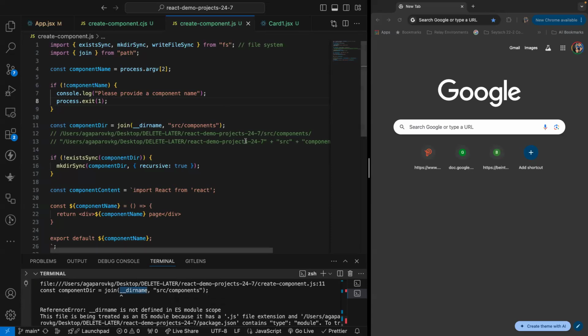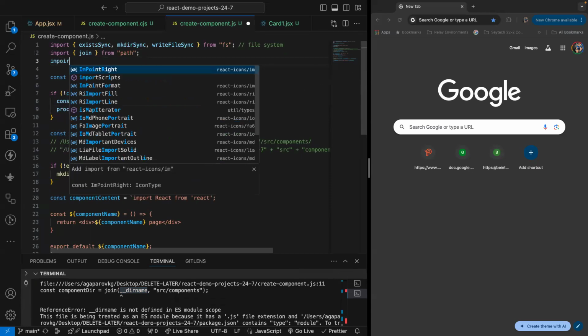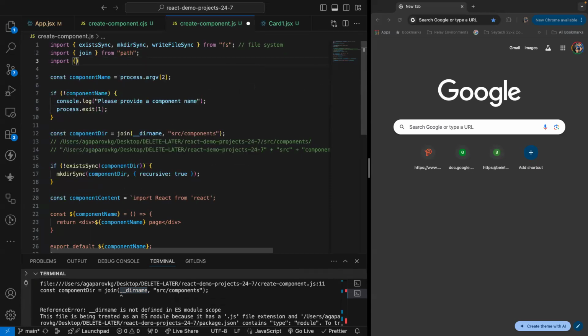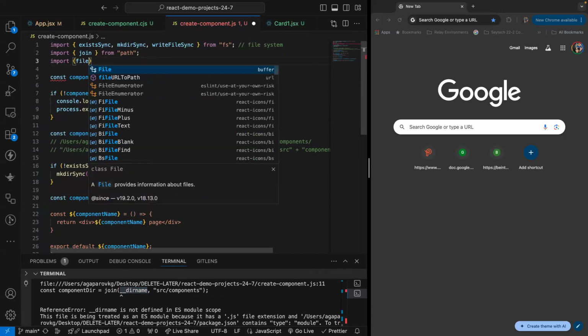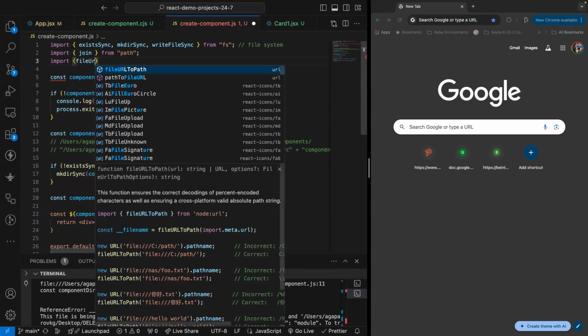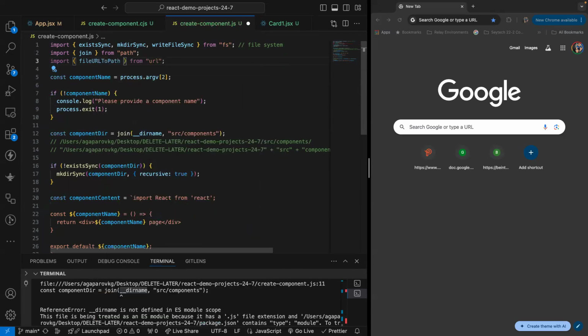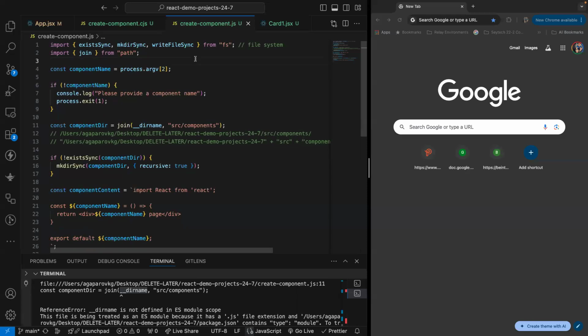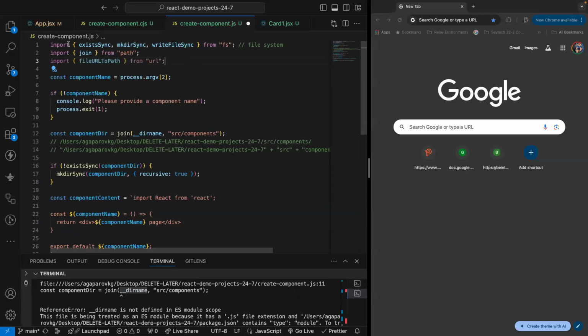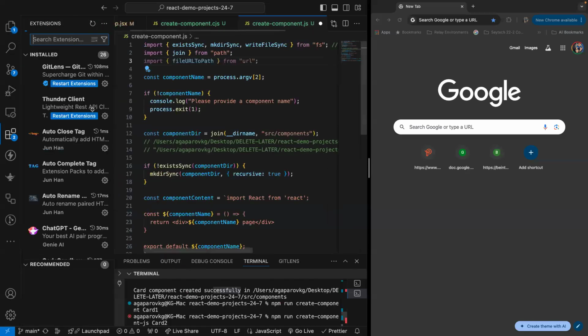All right, it will complain about this dir name. Now, for that, what we need to do is we have to include something called fileURLToPath from URL. Oh my goodness, I installed an extension called